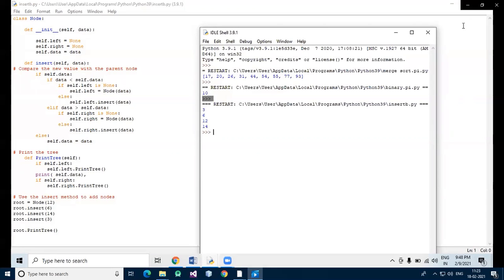Okay, so compare the new value with the parent node. Okay, then